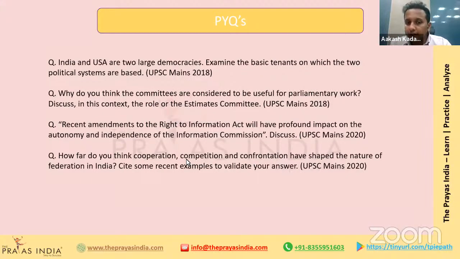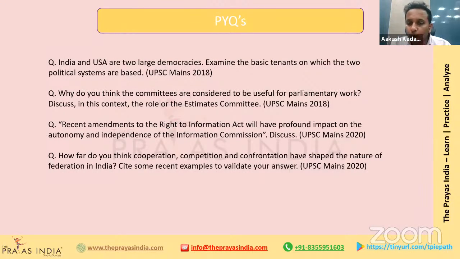Apart from that, for the competition point, we all know that we have a body called Niti Aayog, and Niti Aayog comes up with various indexes. One of the indexes is the SDG India Index. Another program that it runs is called the Aspirational Districts Program. Now, through these programs, what does Niti Aayog try to do? Niti Aayog tries to bring about a competition between various states, so that by competing with each other, they can achieve development. So that is called competitive federalism, right?